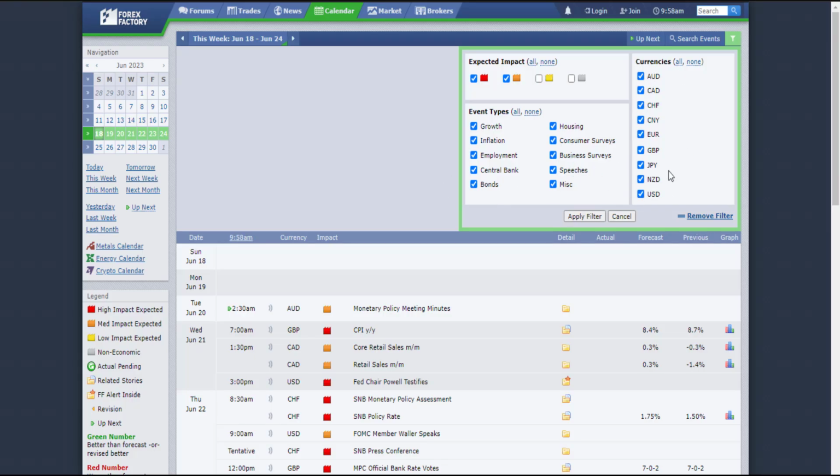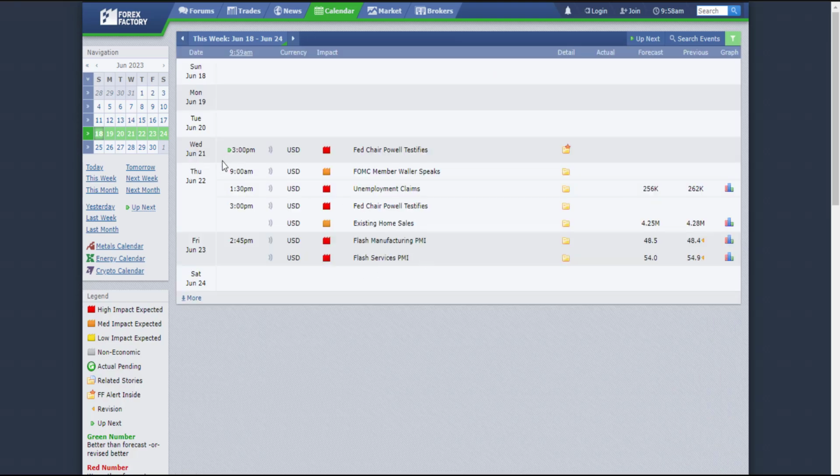If you want to use the specific currencies that you need, you can take out this and leave only USD news, depending on what you want. So this is only USD related news, so that you will have an exactitude of what you are expecting for